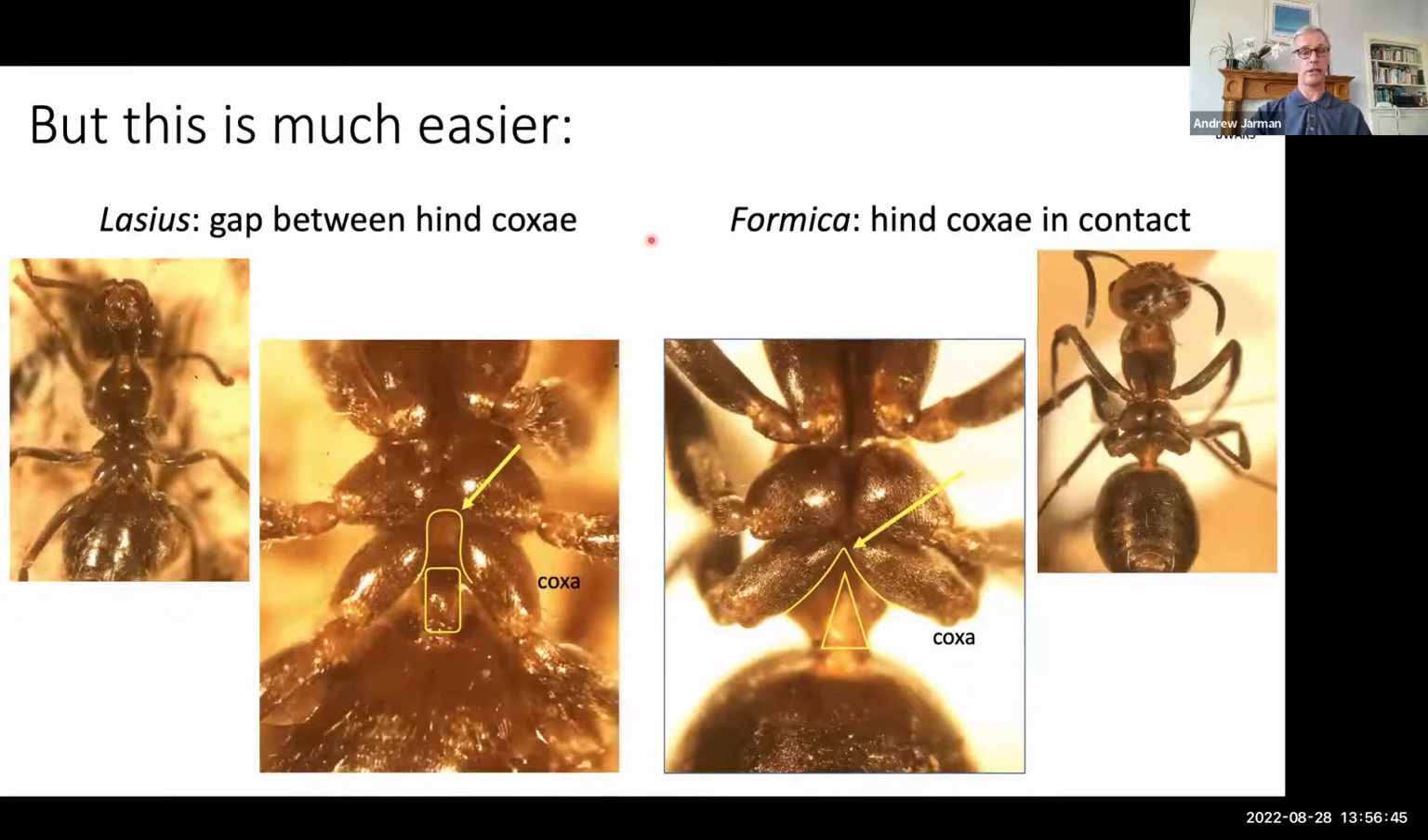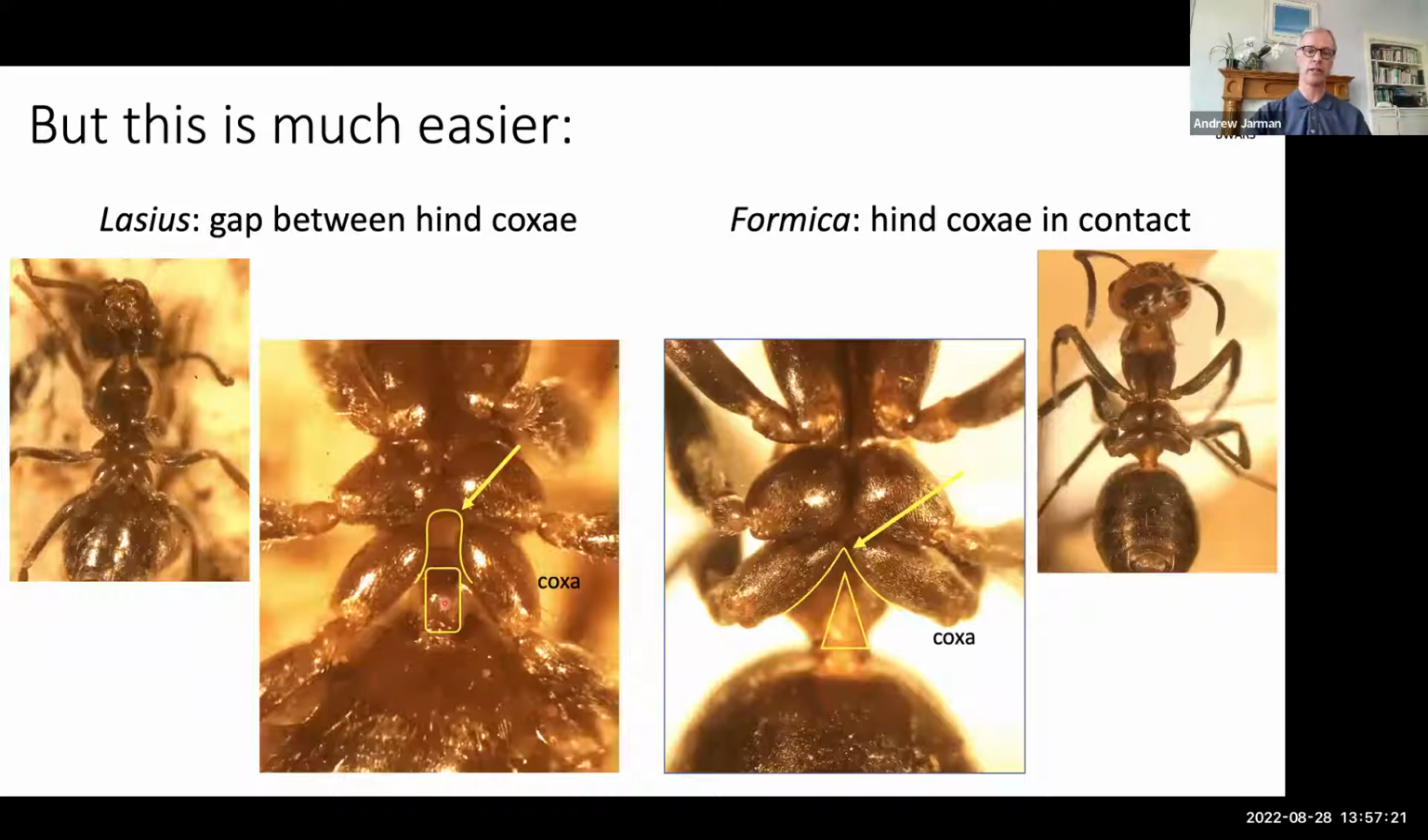But there is a much easier character that you could use for distinguishing Lasius and Formica, and this requires flipping over the ant and looking at the rear coxa. So this is the basal leg segment here. And in Lasius, you'll see that the two base segments of the rear legs don't meet in the middle. They have a gap here, a kind of an inverted U-shaped gap, and that's the same shape as the bottom of the waist, the petiole waist here, because that fits into that gap when the gaster is moved underneath the